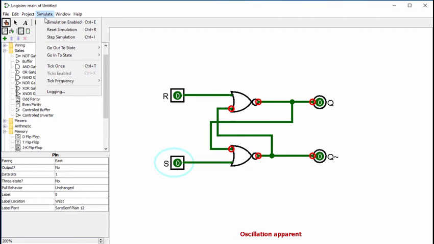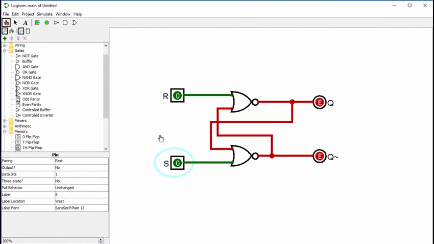So let's go back and reset the simulation and press Control-I. Now we're going to an error state. So let me try to poke it into submission and say simulate. All right, there we go, good. So now let's go to that evil 1-1 state,